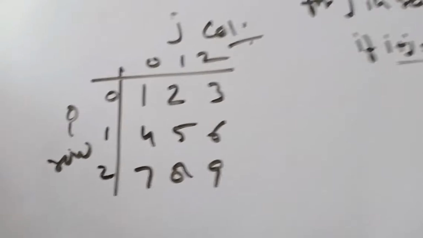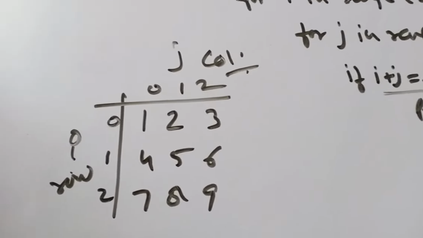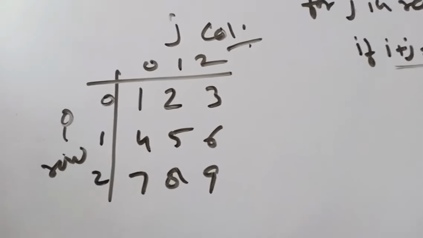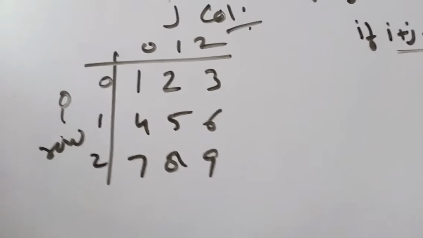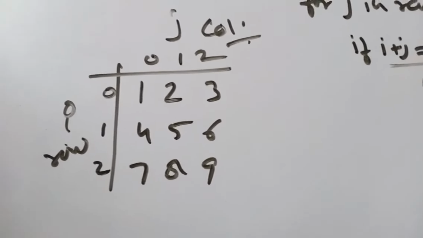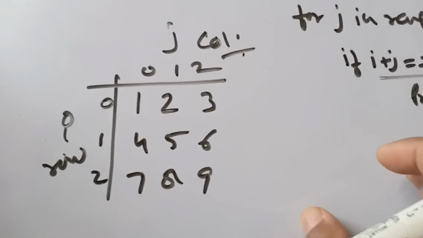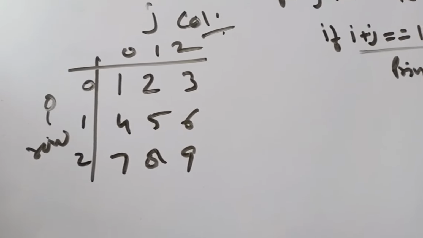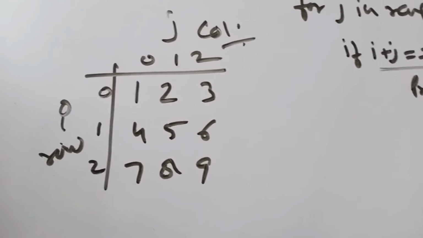Because I told you, the element is always placed at the intersection point of the address of the row and the column. So with this video, I'll send you one more PDF in which a number of questions will be placed, so that you will have to create the logics. And keep in mind, logic will be created by writing functions.